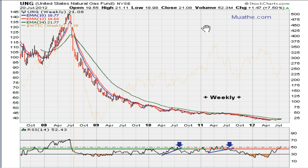Now if you take a look at UNG, which is natural gas, this is a 5-year weekly chart, and the reason why I'm using a 5-year weekly chart, you see that over the last 4 years and a half, about 4 years, the RSI for natural gas has stayed pretty much in this general area, below 50. And you see for the first time in about 4 years, we are now starting to move above 50. If we stay above 50, then maybe natural gas has a chance to move higher. This is something it hasn't done since July,